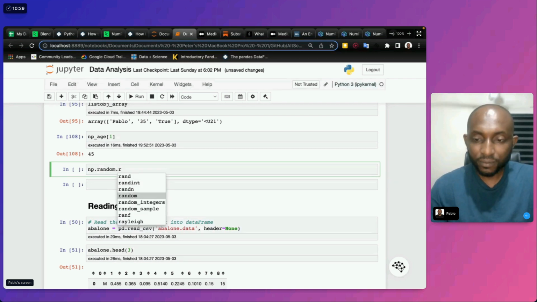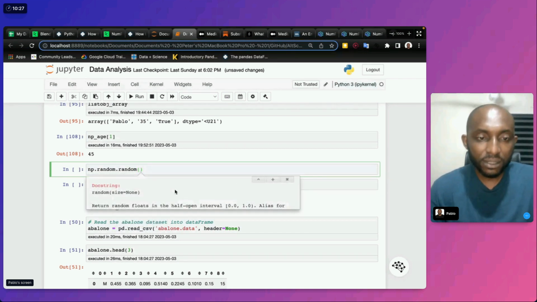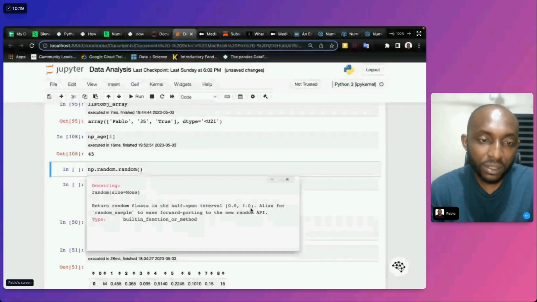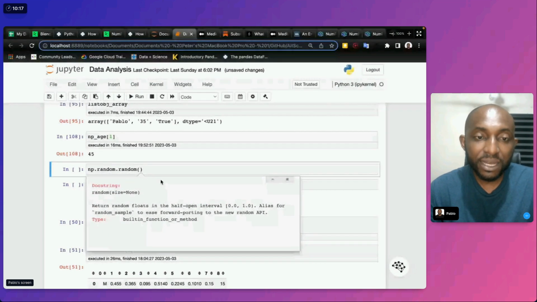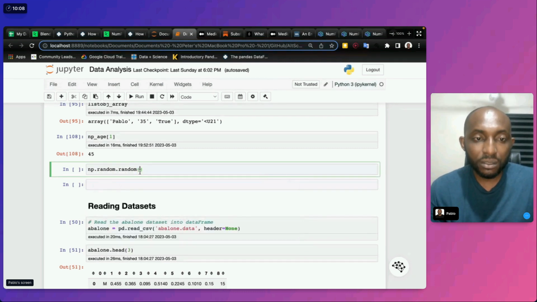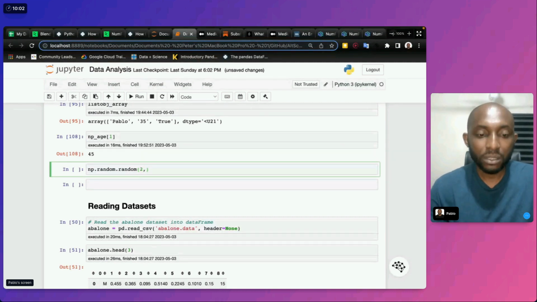There are so many. What this does is return random floats in the half-open interval from 0 to 1. You can also say you want a random number, say from 2 to 4.